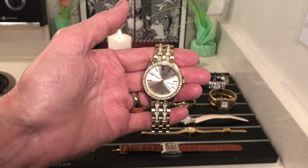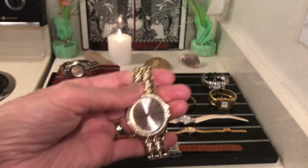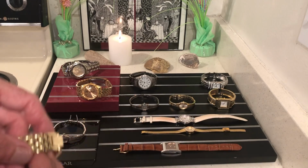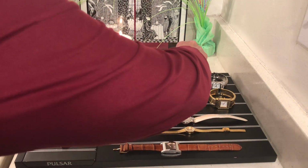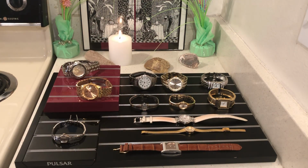a men's rhinestone bracelet watch, but these are pretty, and this is really a pretty watch, and I paid very little money for that watch. What I like to pay is, I like it when I can get a watch for $2 or $3, but if I can get a half decent watch between $5 and $10, then I will sometimes